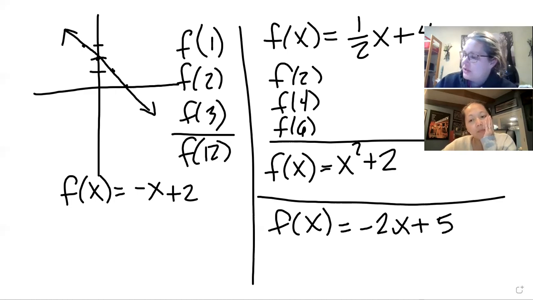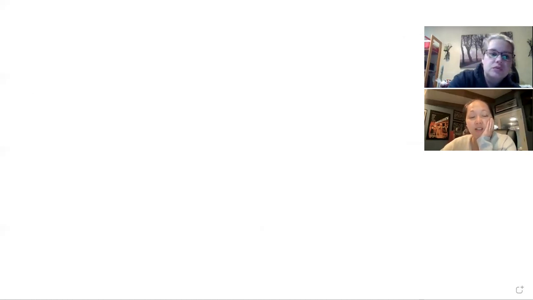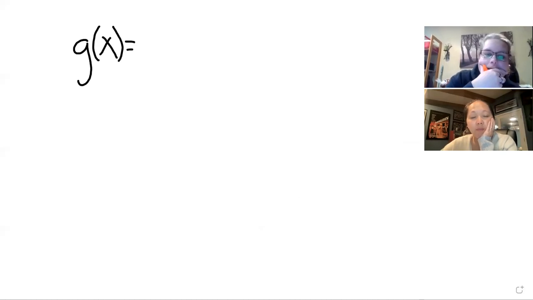Okay, so then let's say we start with the changing of f of x to g of x. So we could jump to, okay, now here's something you haven't seen. You've seen a bunch of these f of x now. Let's go to g of x. So let's say I give g of x equals